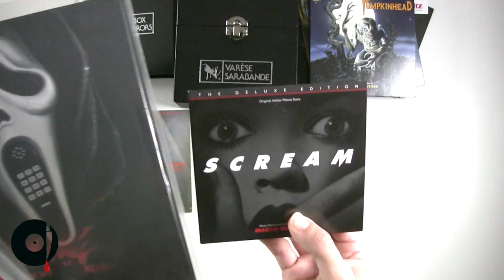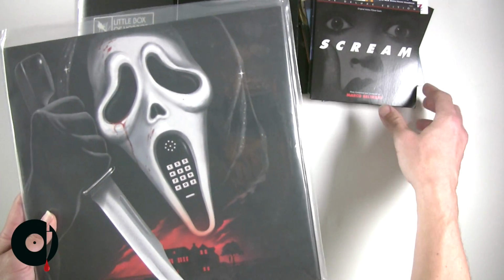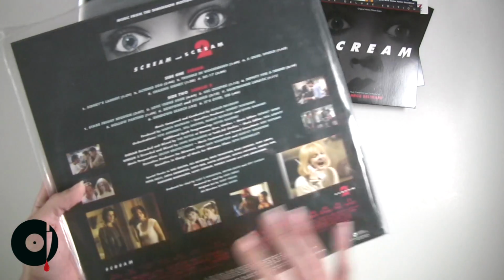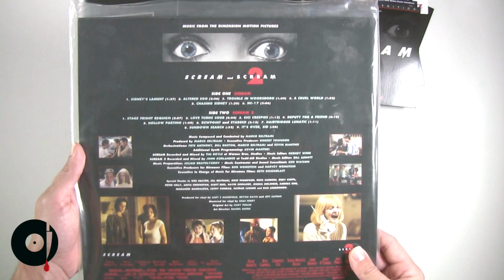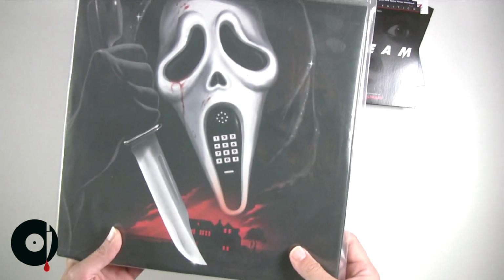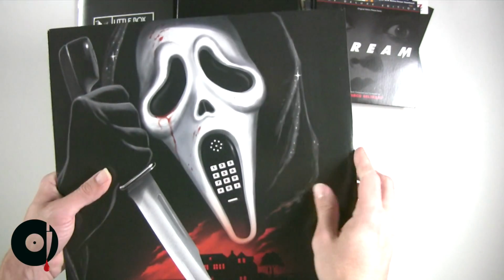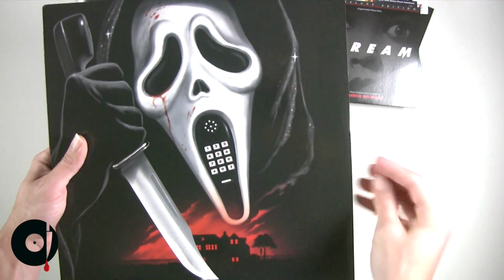But if you're interested in a vinyl of this, Varese just put out a really nice vinyl of the Scream 1 and 2 score soundtrack. Both of those Marco Beltrami scores. So while we're at it, we'll just have a look at this one real quick. We've got Ghostface on the front with the